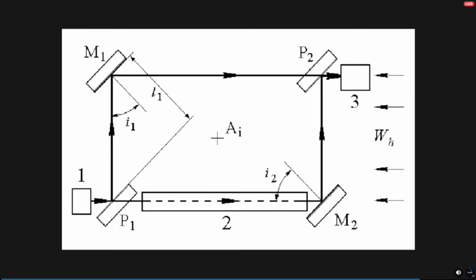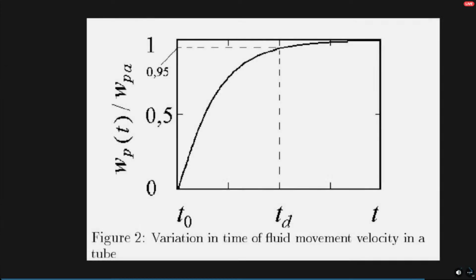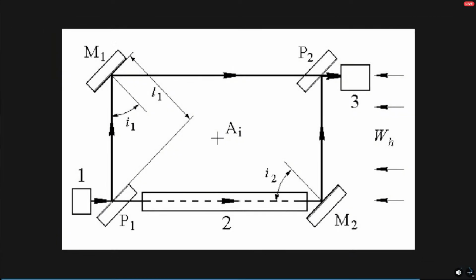So what he's going to do here is take this interferometer in different orientations. He's going to turn it, and when it turns, the waveband that he's monitoring, the fringe shift pattern, is just going to move across the screen rapidly in different directions. And when it settles, that is when the flow goes from turbulent to laminar. When it goes laminar, the ether wind, like the molecular